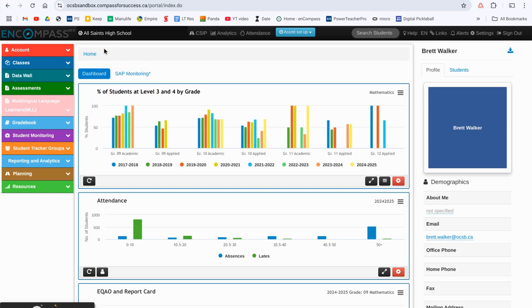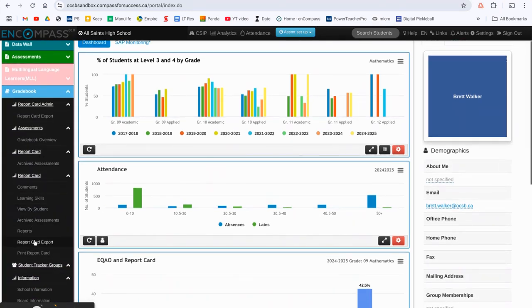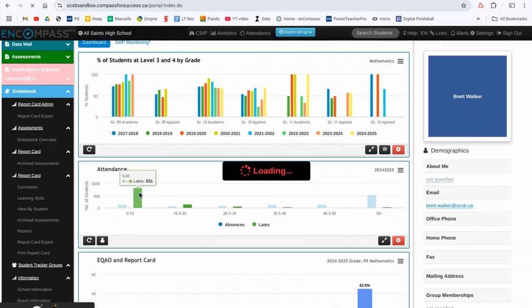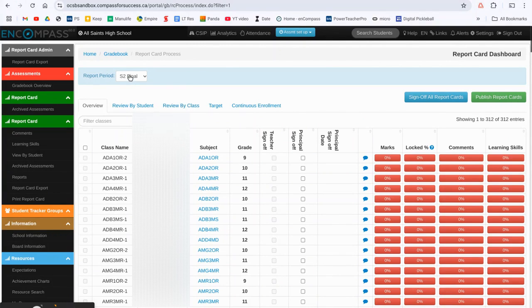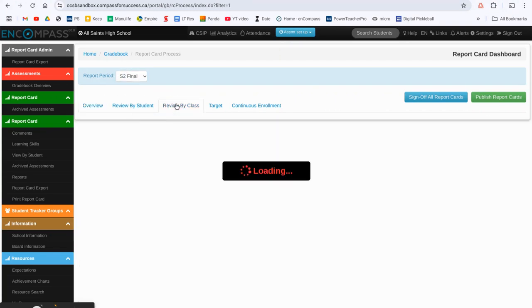At that point, you'll log into Compass, and teachers can do this, or it can be done by a guidance counselor or administrator. And you will go down to Gradebook, Report Card Export. And this can also be done from the teacher comment dashboard. First thing, make sure you're in the right reporting period. So we're in S2 final, and you'll go down to review by class,